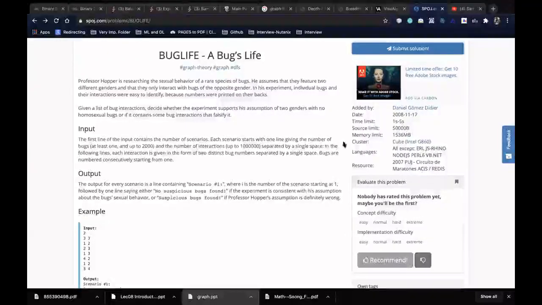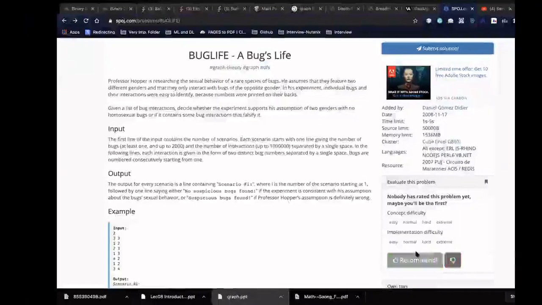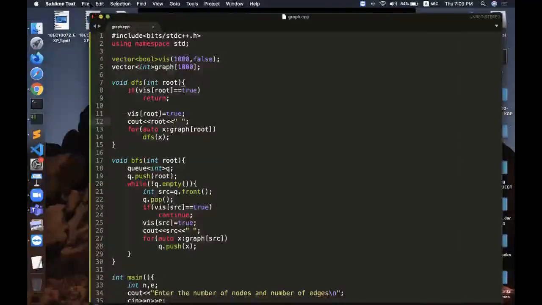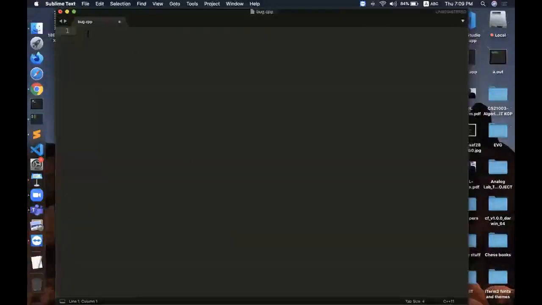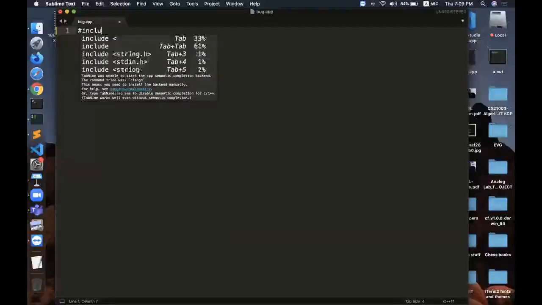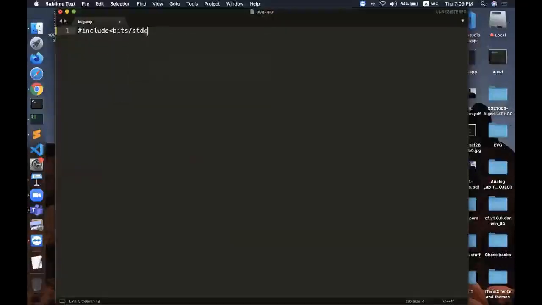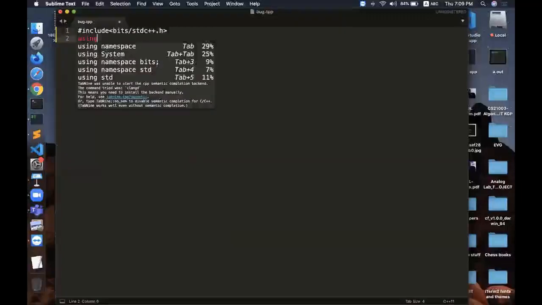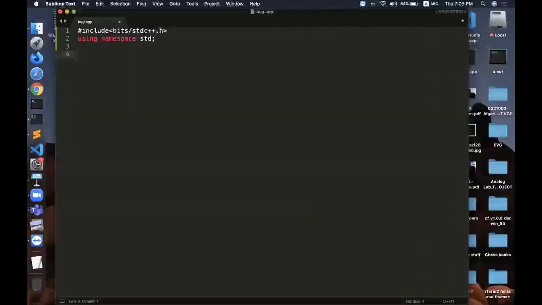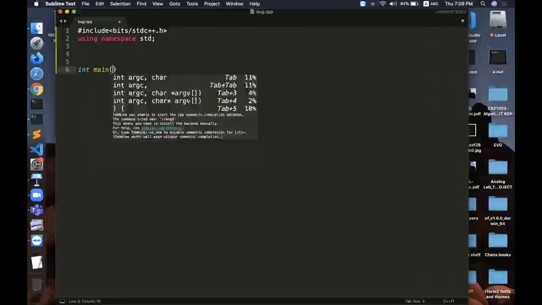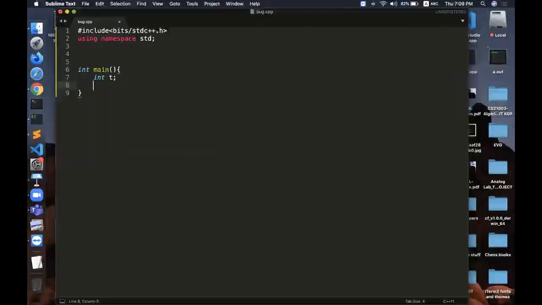Okay, so let us try to code it. Let us name it bug.cpp, and then I write the header files. Let us see the format of the question. It says first there are a few test cases, so let us take the test cases.